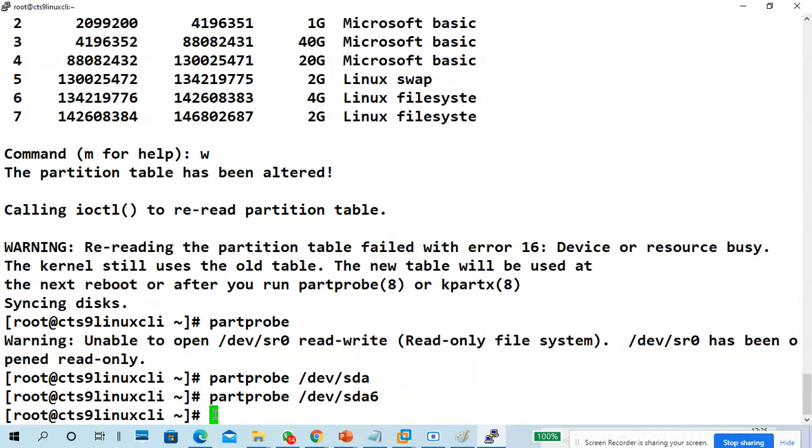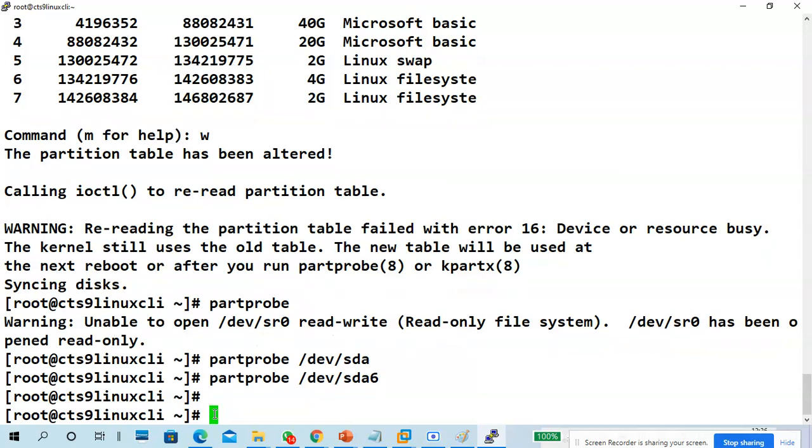Guys, we created a partition and we updated the kernel table. What is the next step? Format it with an empty file system. Format command, mkfs.ext4. ext4 is a file system. It's 7, right? Sorry, I put a 6 here.